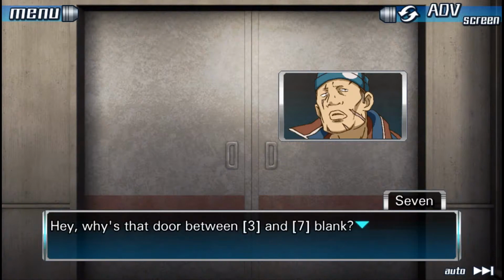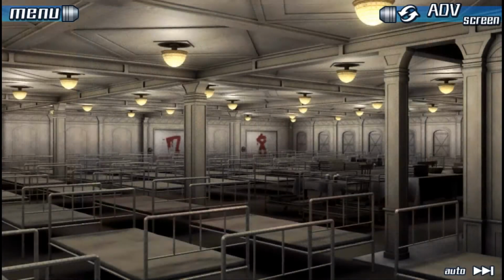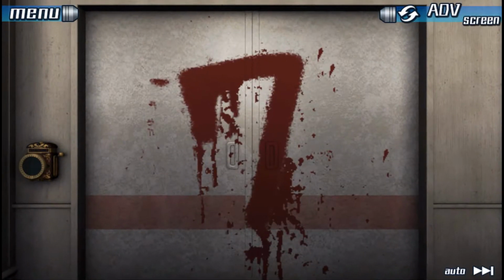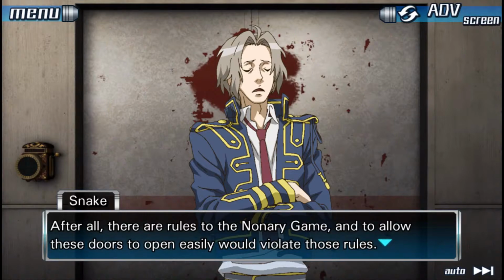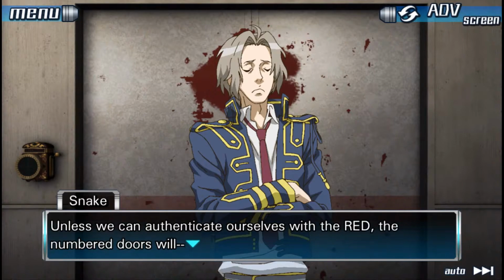Hey, why is that door between 3 and 7 blank? Does that mean anything? No point worrying about it right now. Let's see if these will open first. Yeah, good idea. Yep, locked. Just like I thought. Naturally. After all, there are rules to the nonary game, and to allow these doors to open easily would violate those rules. Unless we can authenticate ourselves with the red, the numbered doors will...